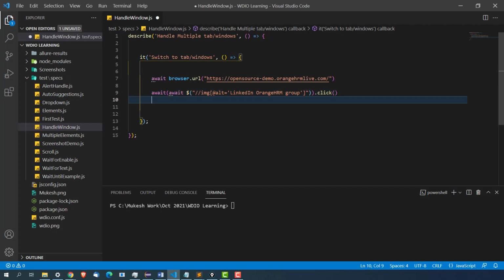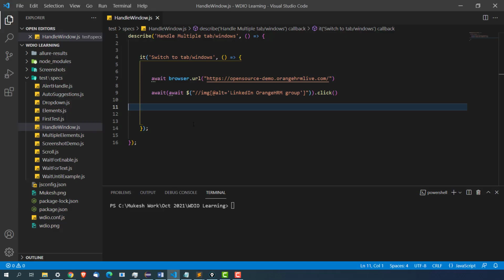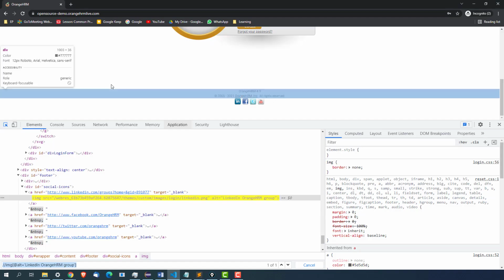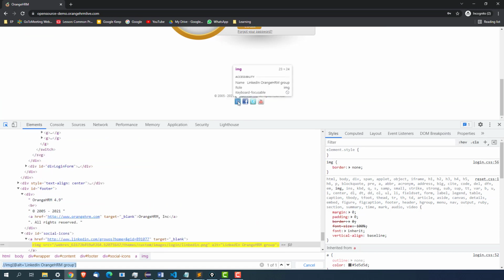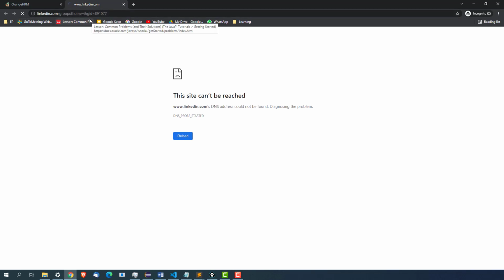After this click, now it will start this LinkedIn one, right? So first let's run this, and then let's do one thing. The moment I click on LinkedIn, it will start a new tab. In our case, what I will do, I will try to type or do some operation on this new tab or window. Obviously without switching it will fail. So let it fail, then we will switch, and again you will notice it will pass.